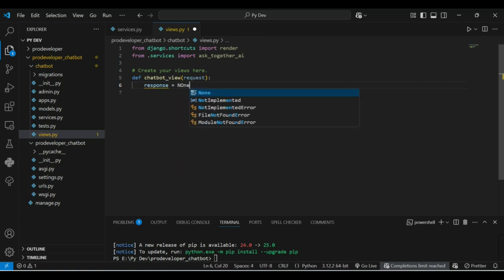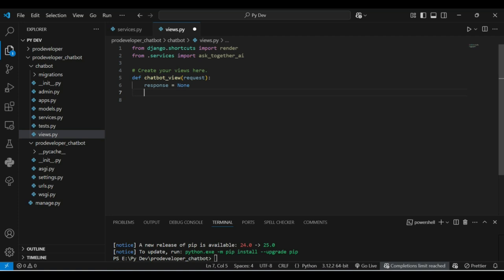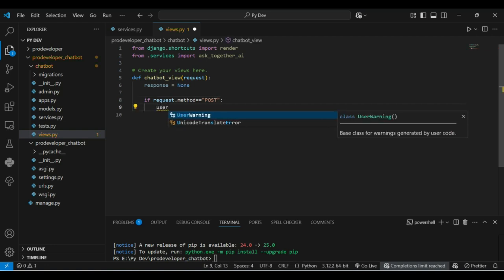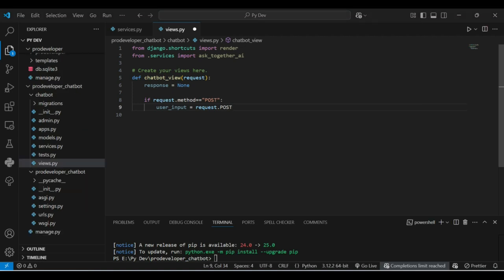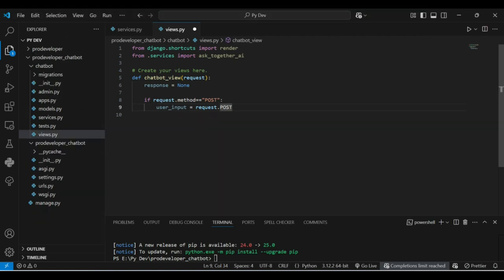So this would be none, initialize as none, and then check if the request method is equal to post. If the request method is post, in such cases you need to get the user input from request.post. Okay, so we take user input here, and then in response